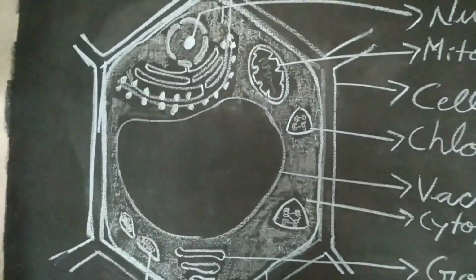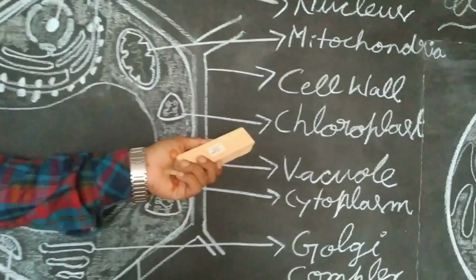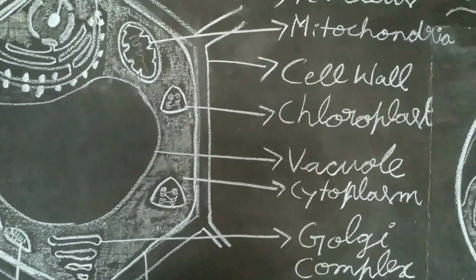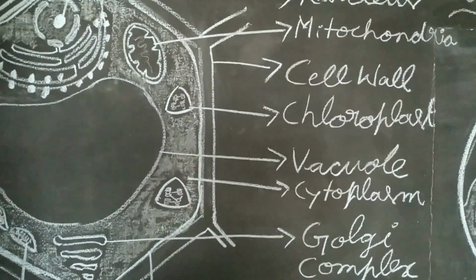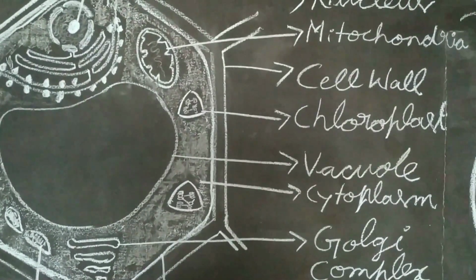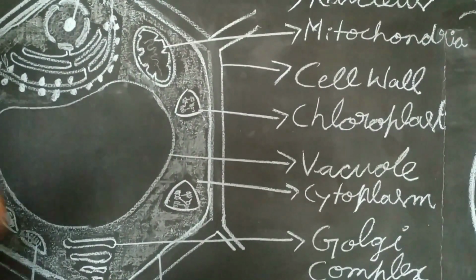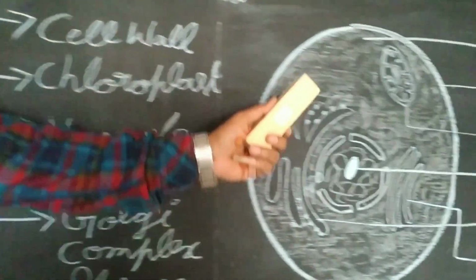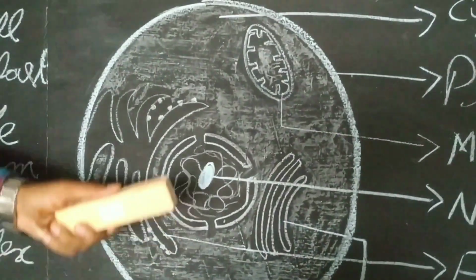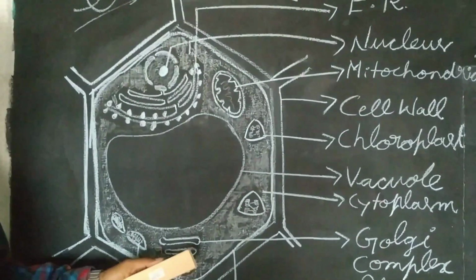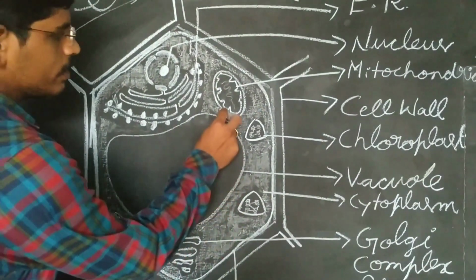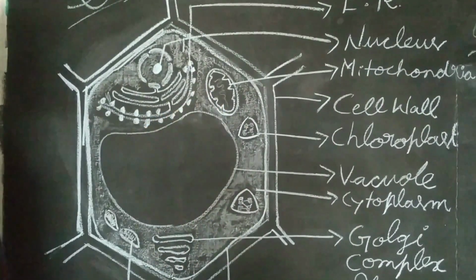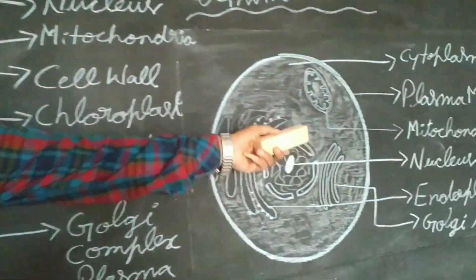And the next one is the plant cell consists of chloroplast. It is also named as plastids. So the function of chloroplast is to absorb the sunlight and it converts it into chemical energy, and the sunlight trapped by the chloroplast is useful for photosynthesis, whereas the animal cell does not consist of chloroplast. And now the next part is mitochondria. It acts as the powerhouse of a cell for both plant cell and in the animal cell.